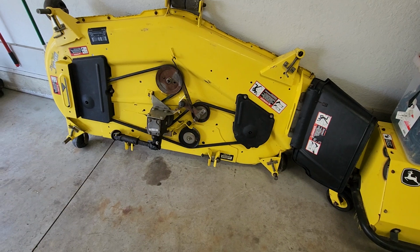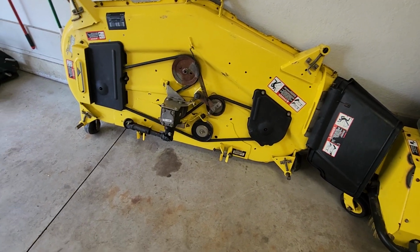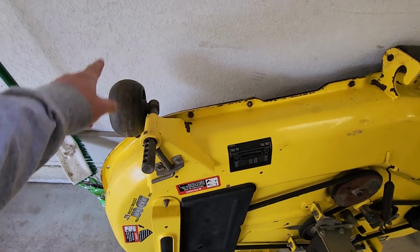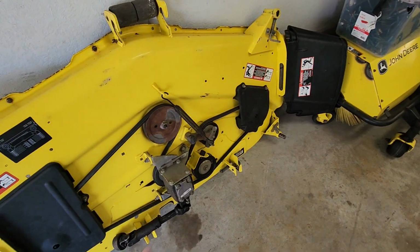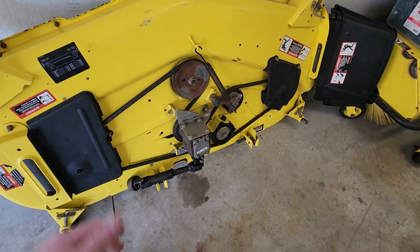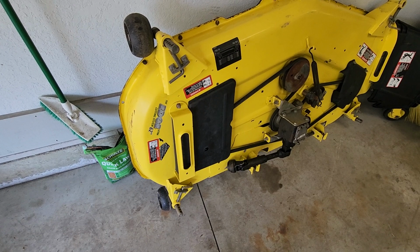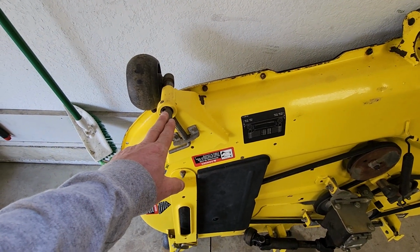Considering that mower deck needed $500 worth of stuff to it. You know, it needed all new gauge wheel arms. It needed four of those, 4 new gauge wheels, blades. It needed pulley or spindle covers. Yeah, it needed quite a bit of stuff. And with the wear here on this side, these are about $60 a piece roughly,